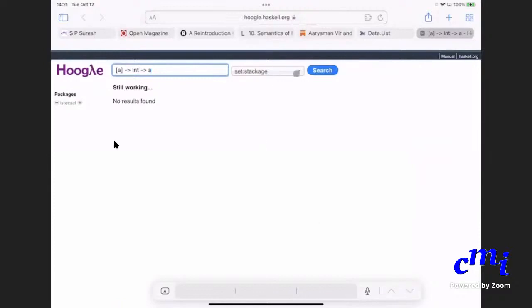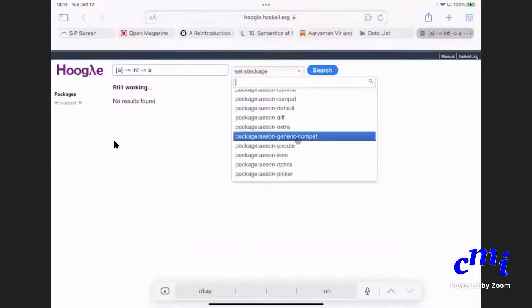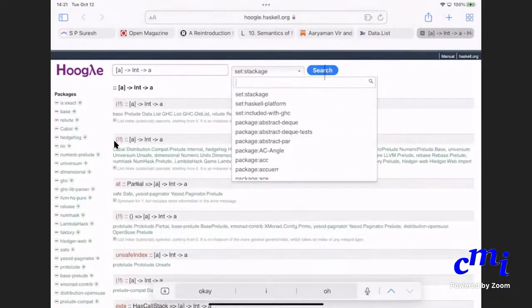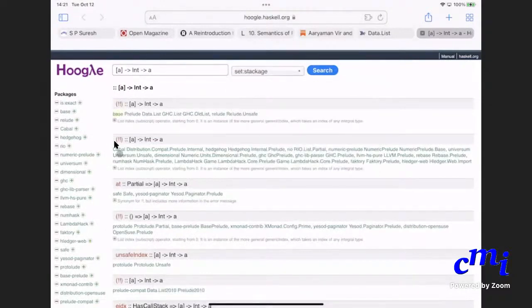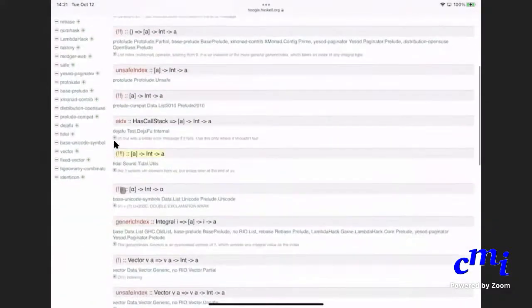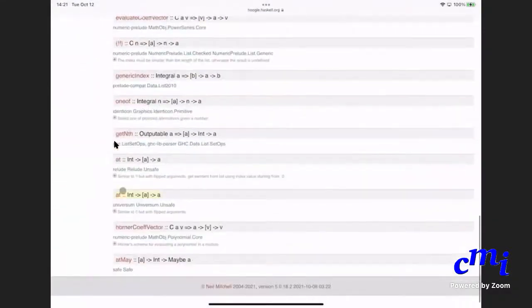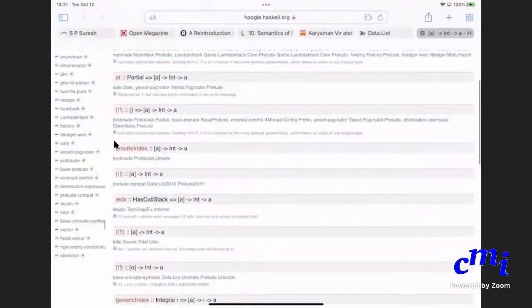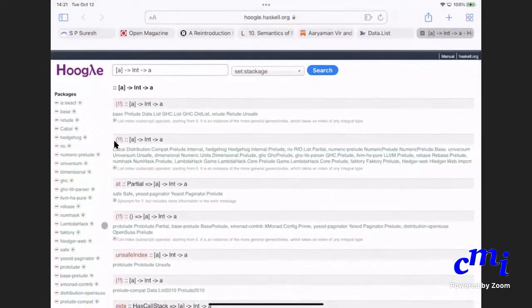So, I need to search anywhere. Right. You see that all these things are there. It will give you all kinds of functions. Sometimes it might be confusing because there are some of these things you might not understand at all, but that doesn't matter. You just search for some simple function of this kind. Then you will get it. So you can always go to Google and search for the type, and that will give you all functions of that type, and then you can pick whichever is appropriate for you.